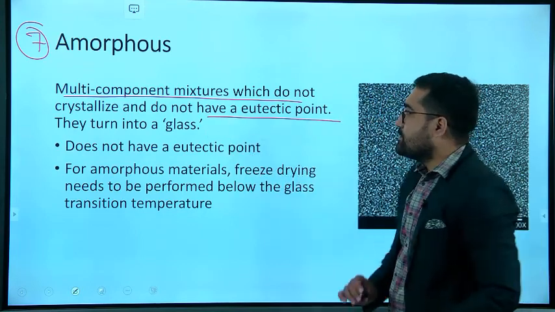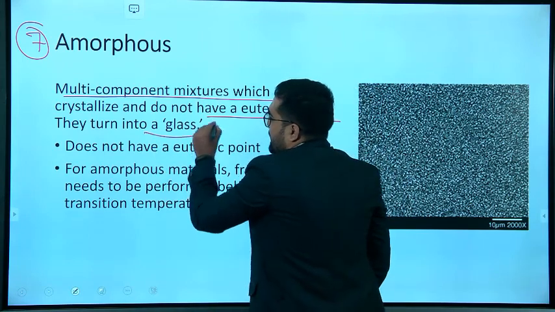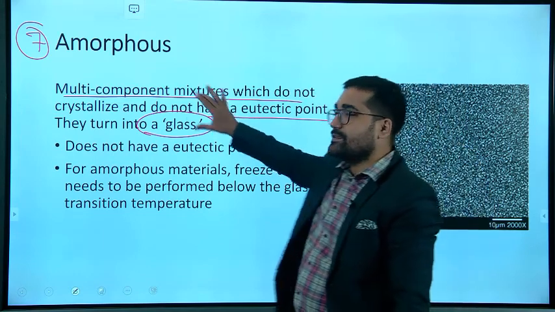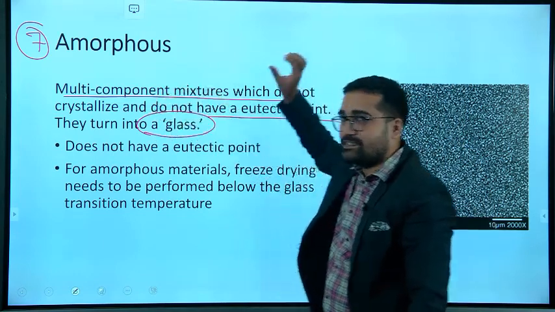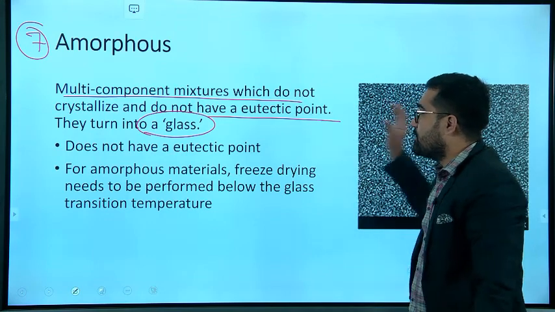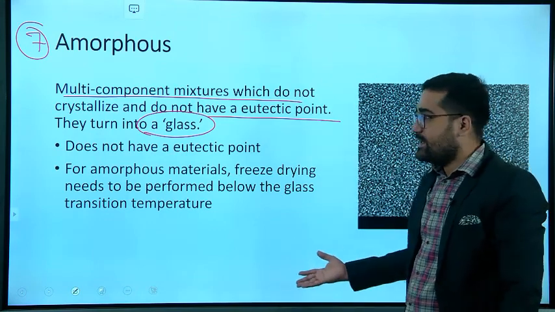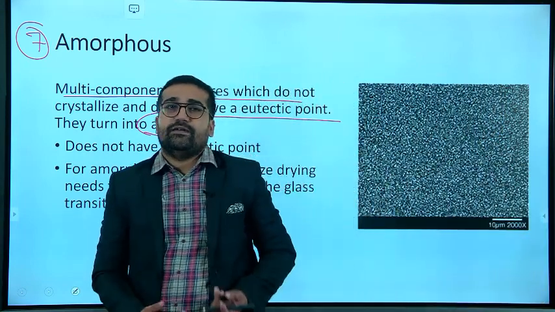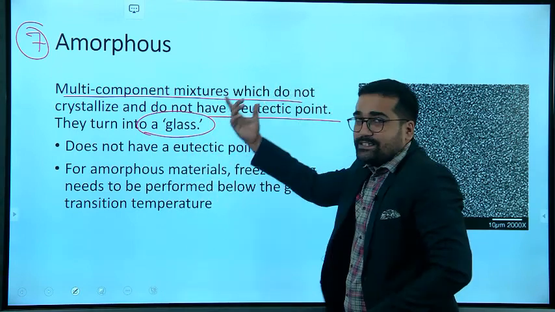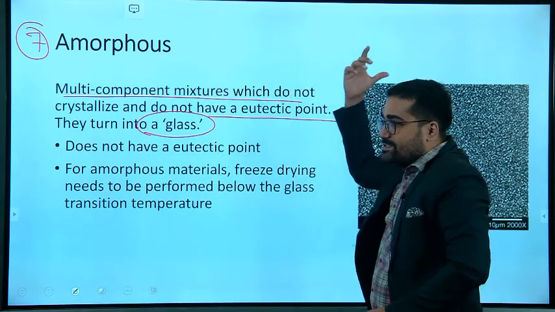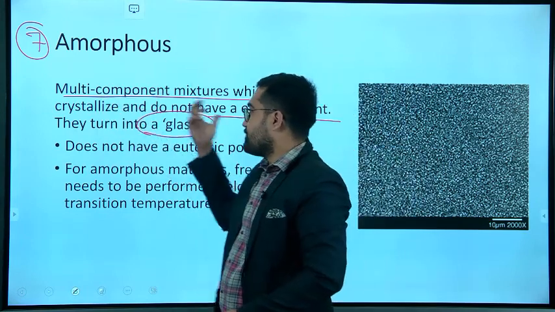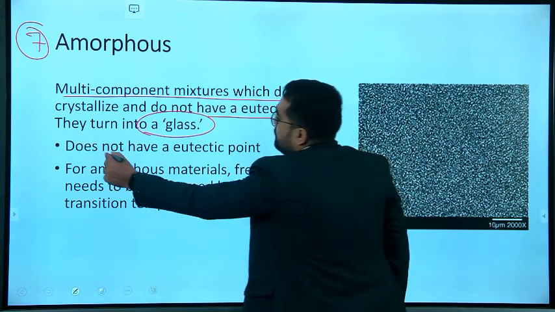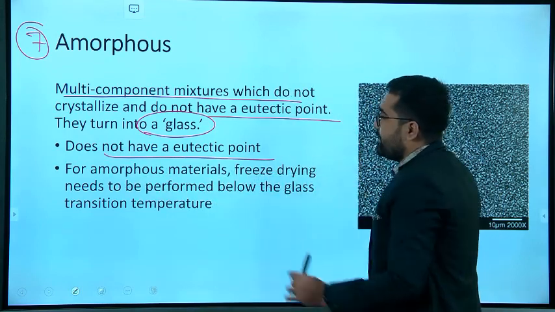That is why we have a glass stage. Since we do not have a certain eutectic temperature point, we achieve the glass stage. Glass stage is a stage in which we can't say that our product is either a liquid or a solid, but we also can't determine the latent heat acting on it. That's why the phase is still changing, but it changes throughout a range of temperature. So that's why the glass stage occurs, and it occurs when there is no exact eutectic point.